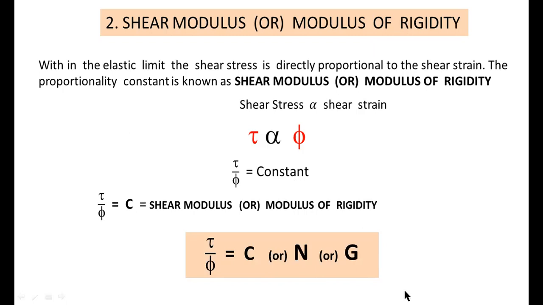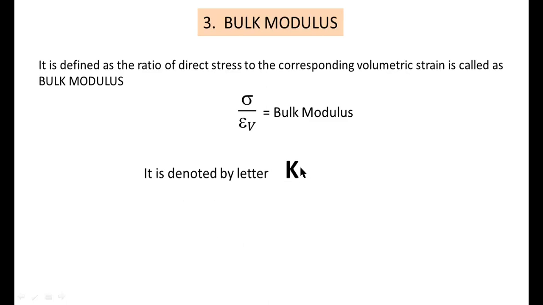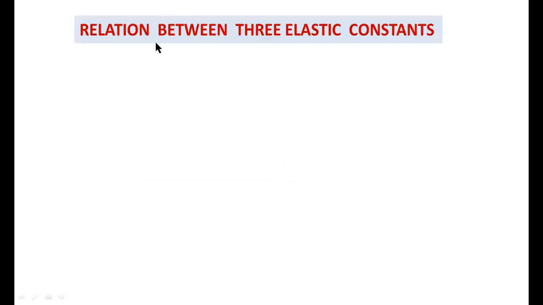And the last one is bulk modulus. The ratio of direct stress to volumetric strain is called bulk modulus. It is denoted by the symbol K. So the formula for bulk modulus equals direct stress by volumetric strain. Volumetric strain means change in volume by original volume. Now the last step is